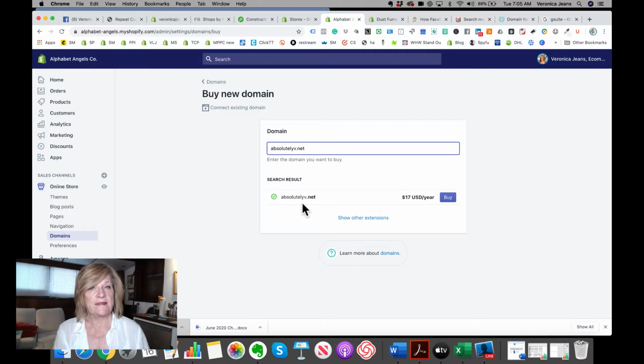So when somebody is going to research online in Google and go, what was that store's name again? Absolutely V.com. Immediately people are going to think .com. They're not going to think .net. So I am going to get your customers easily. So if you have a .net, somebody else might get your customers if you are selling the same thing.